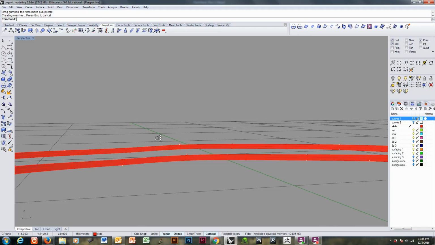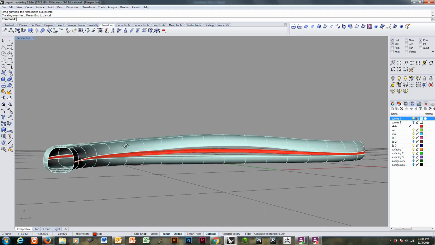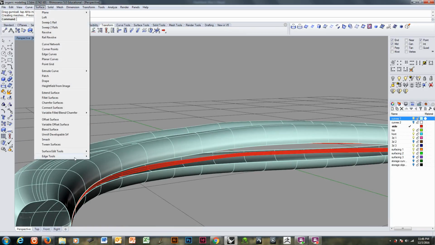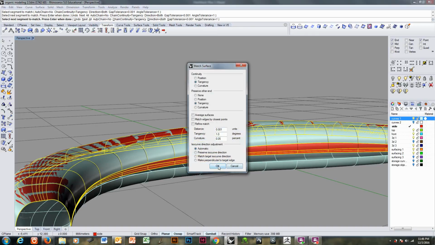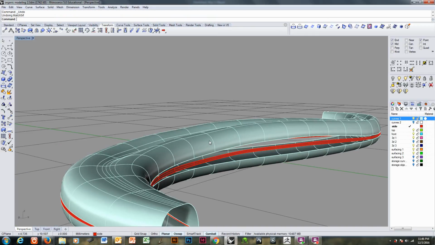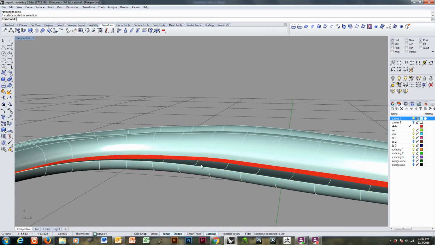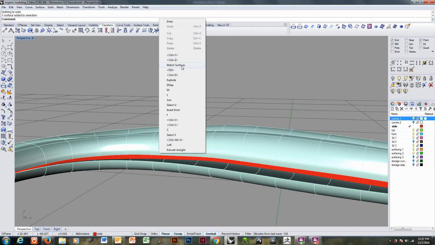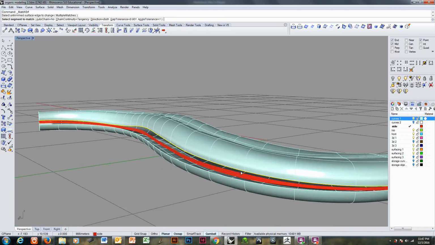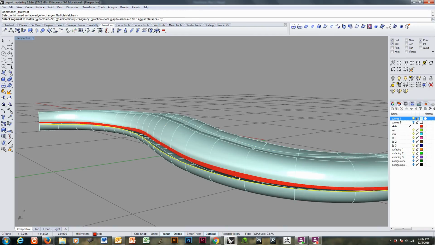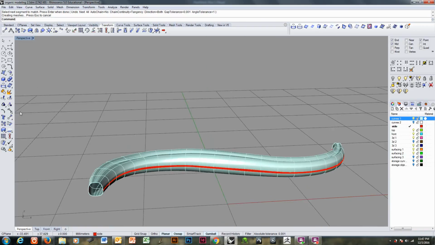Okay, yeah, fine. I can come back now and rematch my surfaces. And you'll see it doesn't change much up in here. It'll change it a little bit, but not a lot. Match. Match. Match. If I want to change the cross sections, I can do further control point editing, but